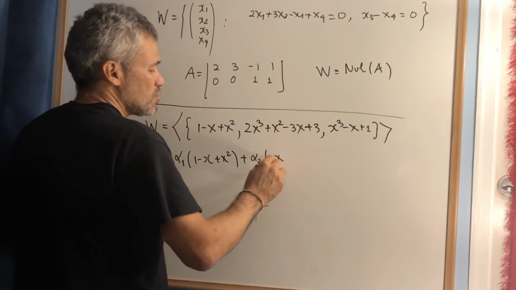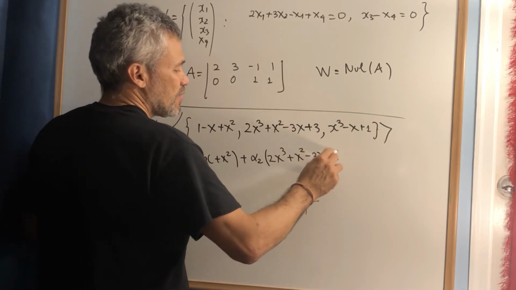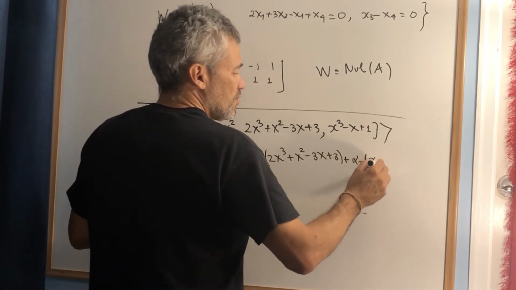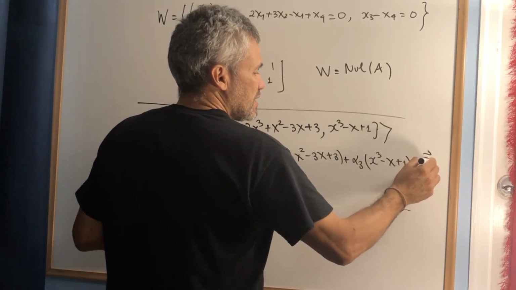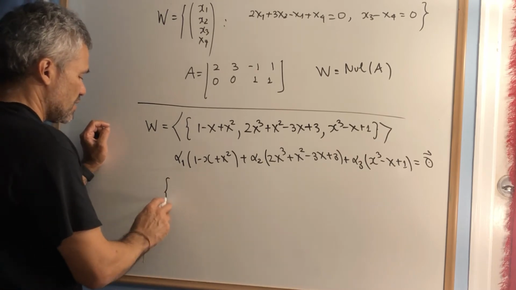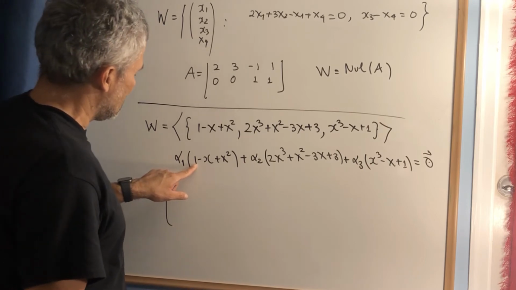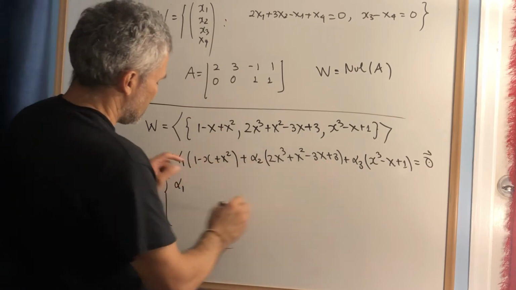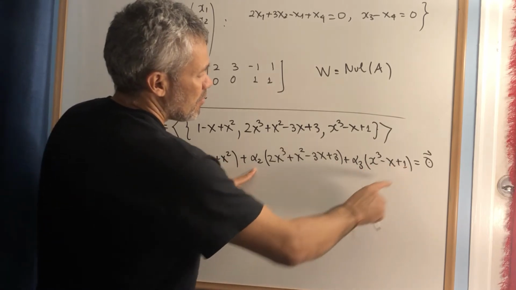2, 2x cubed plus x squared minus 3x plus 3, plus alpha 3, x cubed minus x plus 1 equals the 0 polynomial. Then we set up the equations and we get the coefficients of 1, the coefficients of the constant numbers. We have alpha 1, here I have plus 3 alpha 2, and here we have plus alpha 3